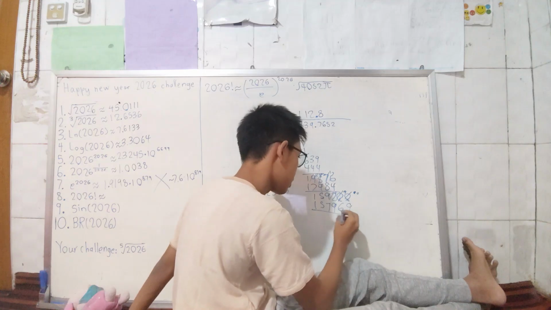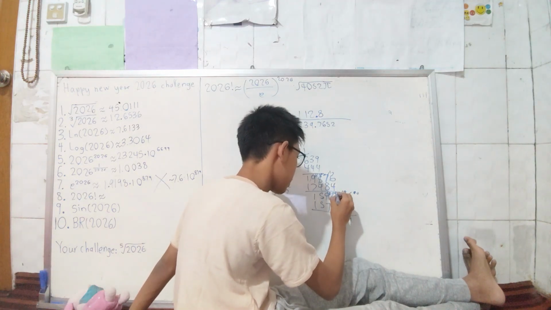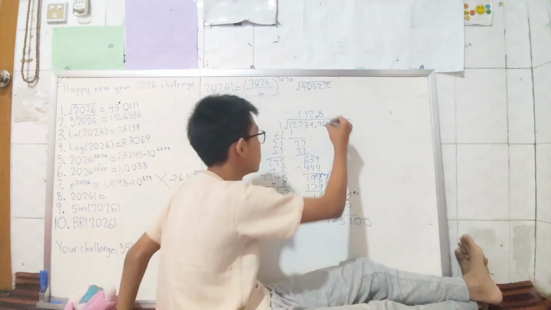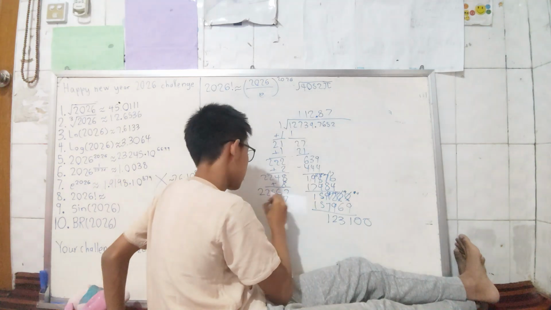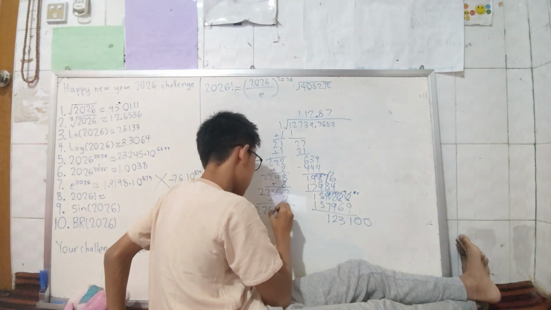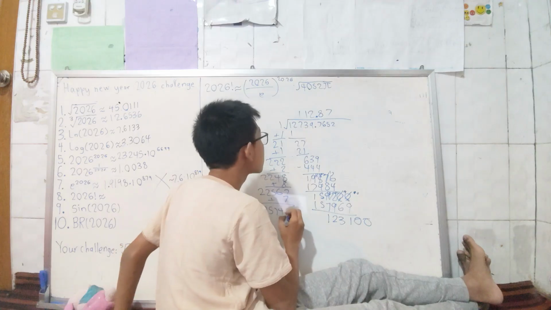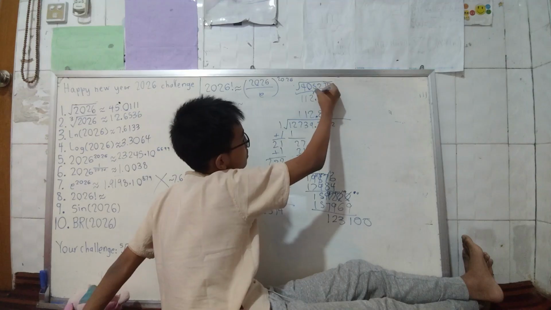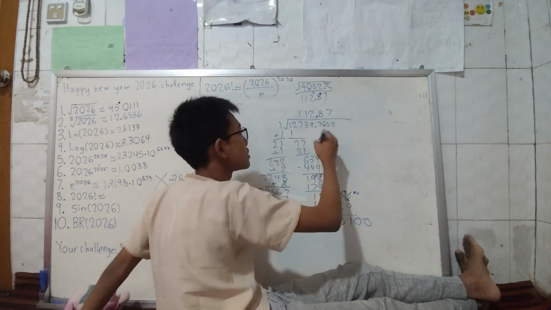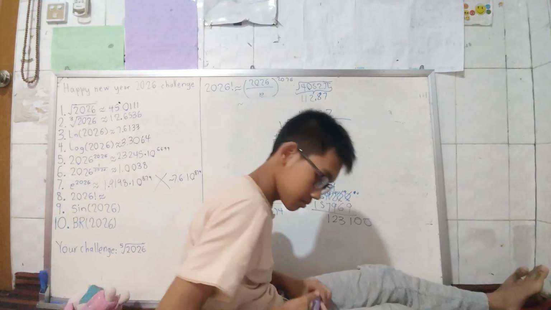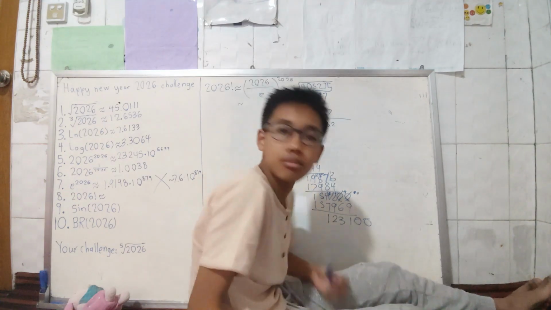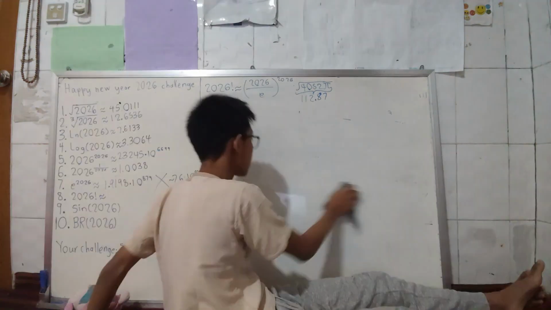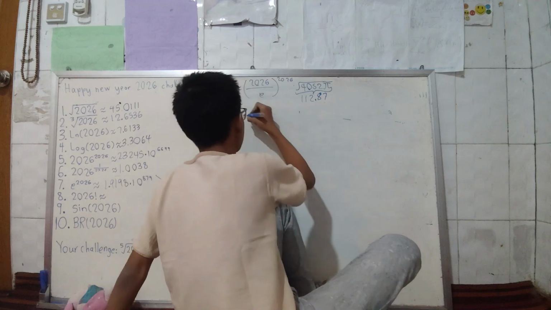3, 1, 8, 11, 2, 8, 0, 0, 2, 8, 7. Let's just take this as all approximation. This one is 1, 1, 1, 2, 1, 8, 7. So it's gonna be 20. That's just gonna be 10 to the power